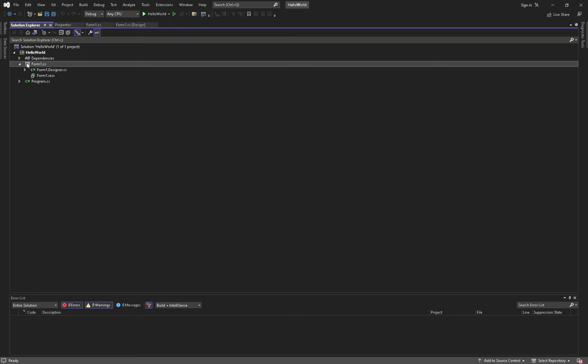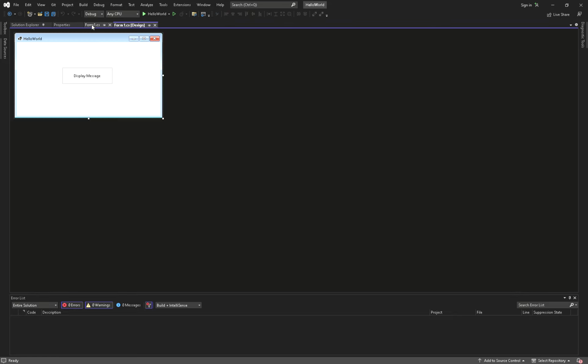So to get to the code, I don't know if I mentioned this, but this form1.cs is the C# file, so all the C# files will have a file extension .cs. This is the design tab, whatever they call it. All you have to do, so to get to this code,